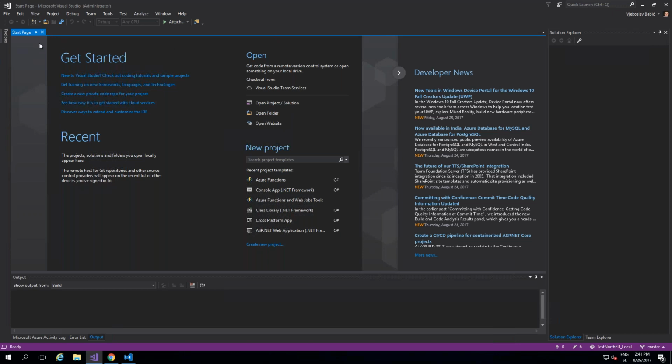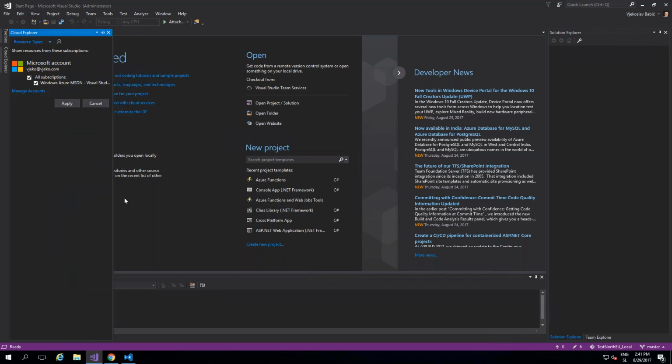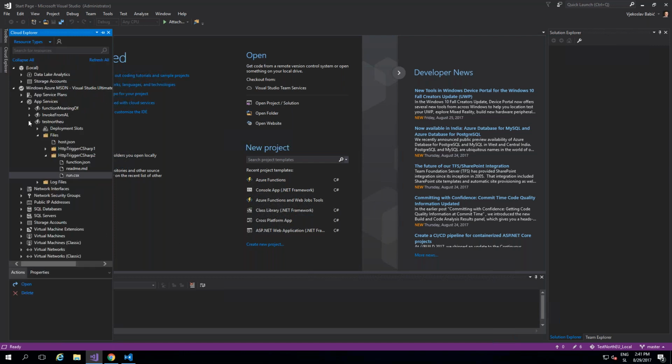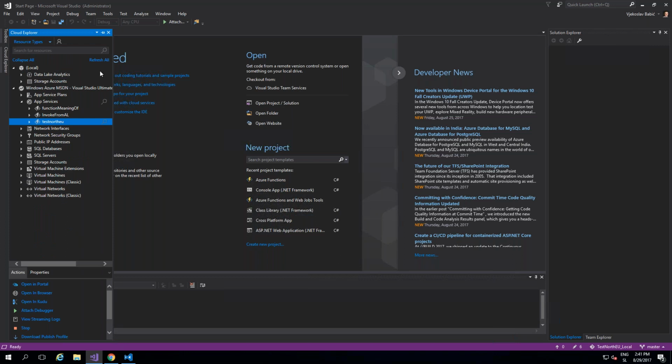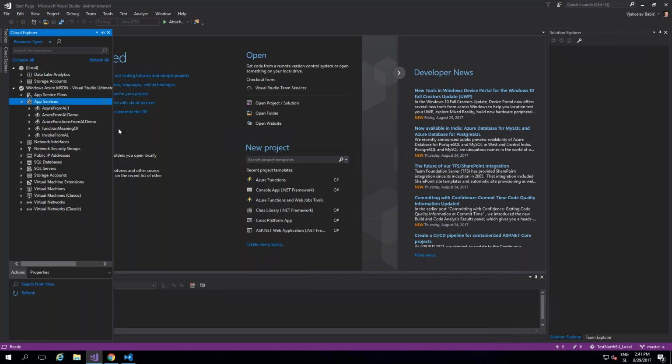So I will simply go into my Visual Studio 2017. Just one hint, if you're using this version of Visual Studio, then you will have to have update 3 with all of Azure components updated. So I will go to Cloud Explorer, and then I will find my subscription. I will click Apply, and then I will take a look at my app services. I will refresh that because it shows some old state from earlier. I will go to App Services, and then I will look at my Azure Functions from AL Demo, and in